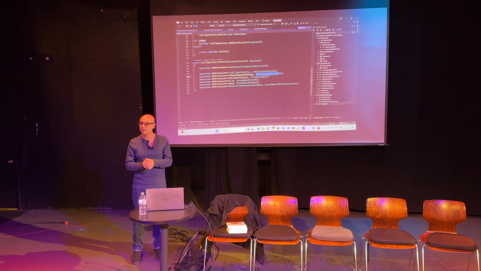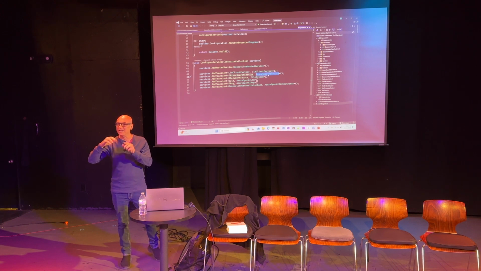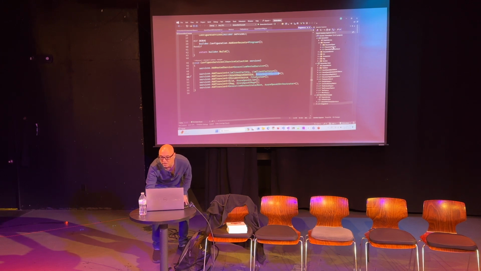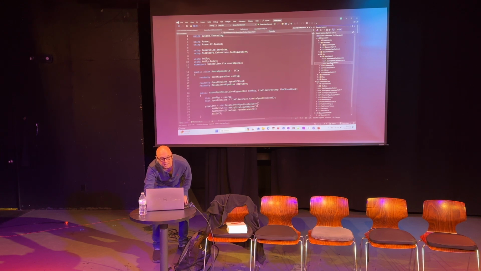I go to the IOC container and I say, if you see this interface, give me this class, and that's what I'm going to inject into a class. I'm setting all this up. So let me show you an example of that. For example, if I go into this LLM, this calls a large language model, and I'm using Azure OpenAI. If I open this class,